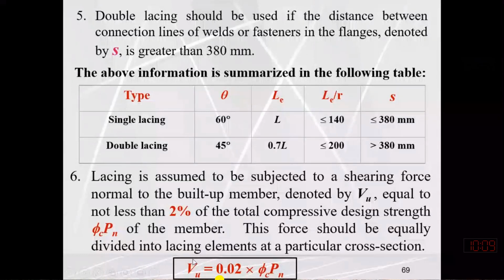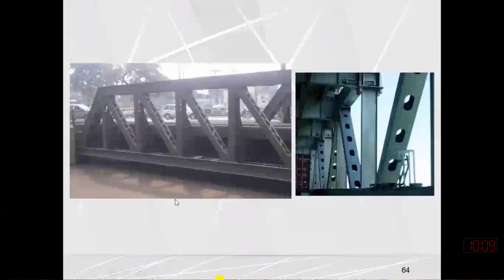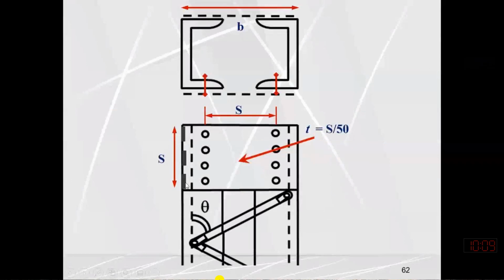And this force always acts in the transversal direction. You already have the concept of shear force from mechanics of materials. It is acting transversally. Transversal means in the cross-sectional direction. In the cross-sectional direction, we are providing the lacing in the diagonal direction. So if a shear force is acting in the transversal direction, we need to resolve this force to determine the component of the force which is acting along this lacing.